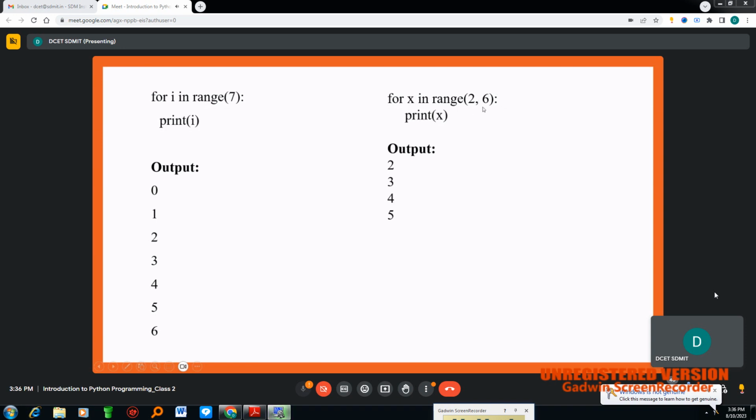So upper limit minus 1, it starts from 2. The last number is 6 minus 1. So 2 3 4 5 is the output. So similarly, another version using range with 3 parameters. When we say 3 parameters, the first parameter is the starting number, the second parameter is the upper bound, and the third parameter